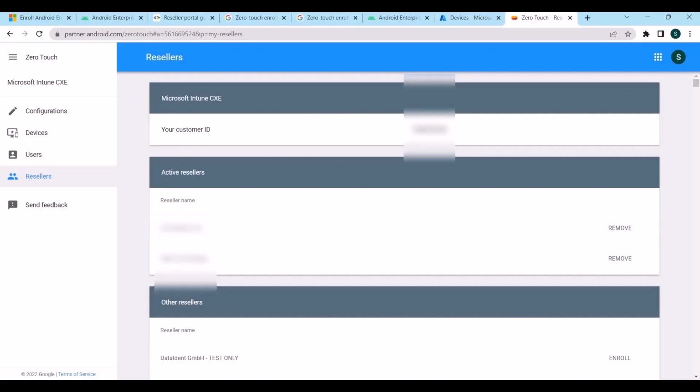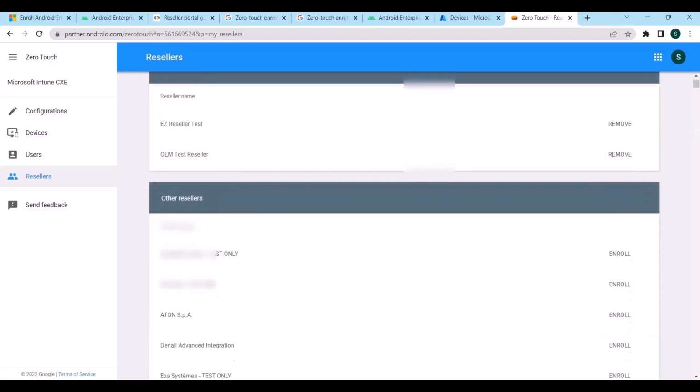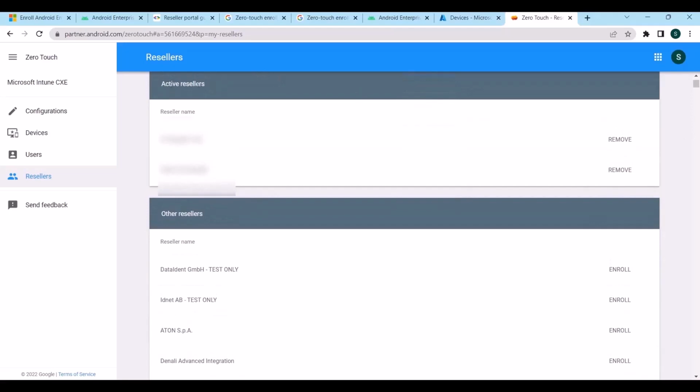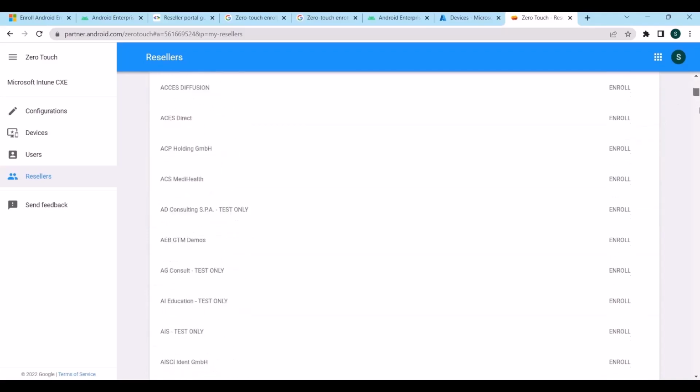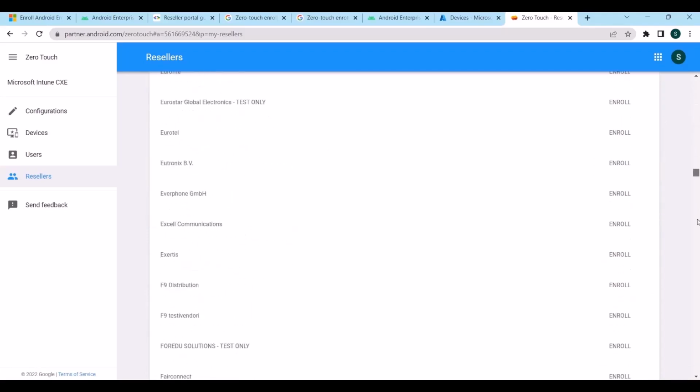Over here you can see my customer ID. This is the name of the customer and this is the customer ID. Each customer is going to have a customer ID. And then if I scroll down at the bottom, you can see my reseller. This is the active reseller, and then you can see the other resellers. It gives you a list of all the resellers or partners present,